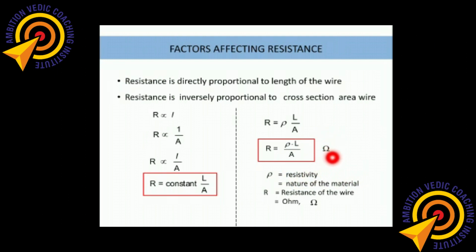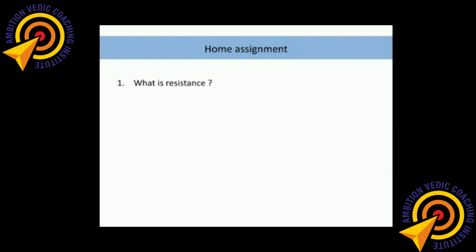So in today's class we have seen two things. One is what is Ohm's law, and how to use graphical representation to infer and collect information directly instead of using so many calculations. Then there are some assignment questions you can practice by yourself at home. What is resistance? Resistance is nothing but opposition. Anything which is trying to stop the electrons flowing in the wire is called resistance.